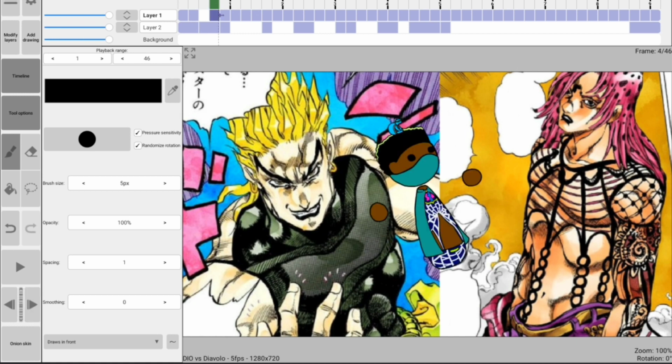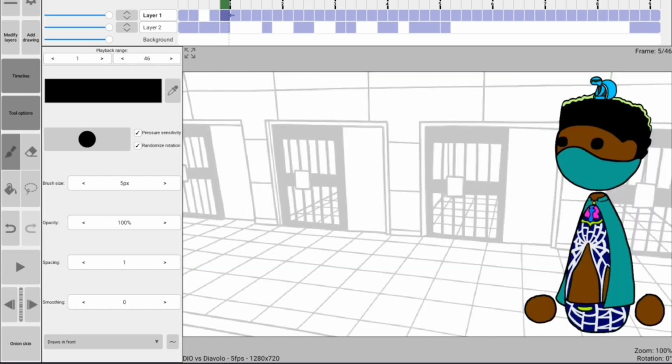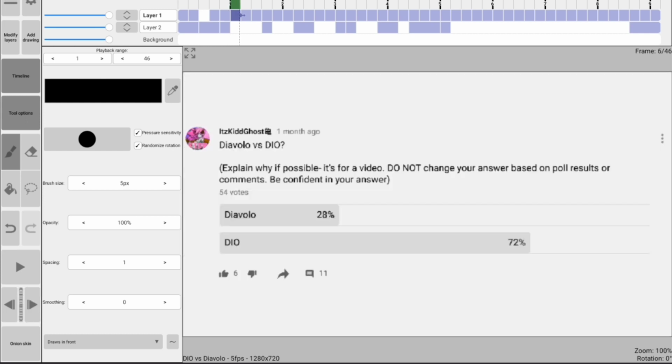I have two different layers for the things that I do, but if you want to see me go in depth on how I use RoughAnimator, I'll make a video on that. Just tell me in the comments if you want something like that. But this is just the video. Again, if the video already came out, then you've seen all of this already. But if it didn't come out, hey, here's a sneak peek.